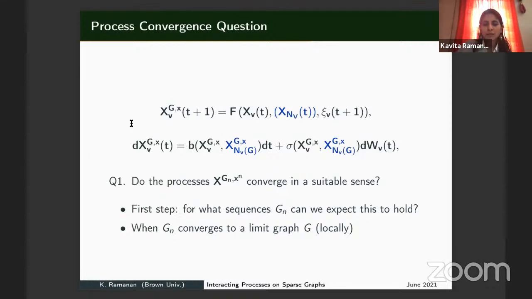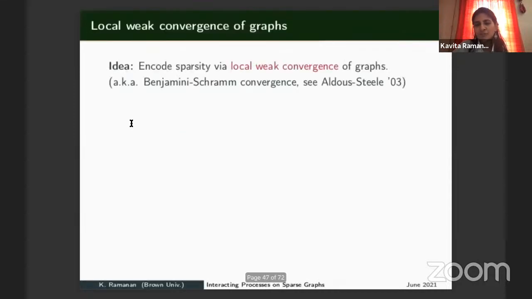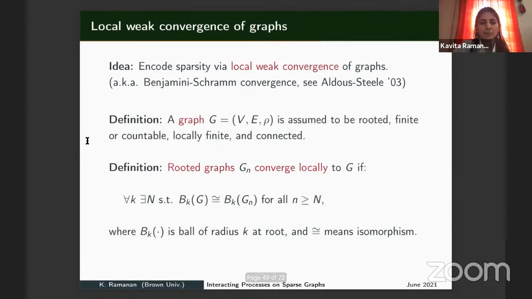Okay. So I want to remind people of what this notion of a graph G_n converging to a limit graph G is. Are most people familiar with local convergence of graphs, or was this done in any other course? I'm just asking. Not this year. Okay, very good. So I'll do it. A bit of that in Luigi's course, but not formally. Okay, I will do a quick review then, in the interest of keeping everybody aboard.